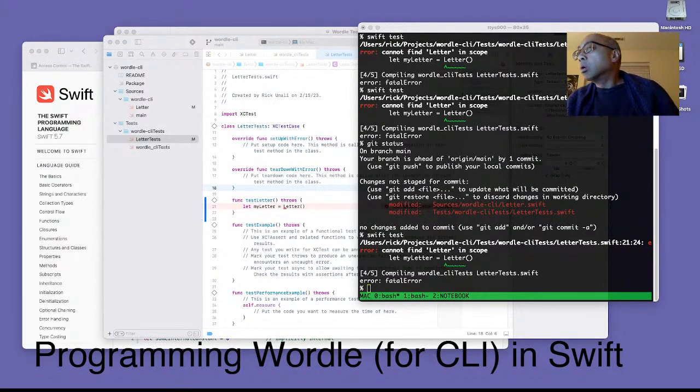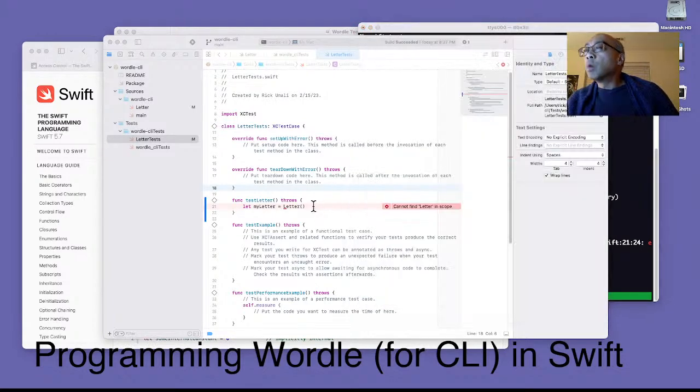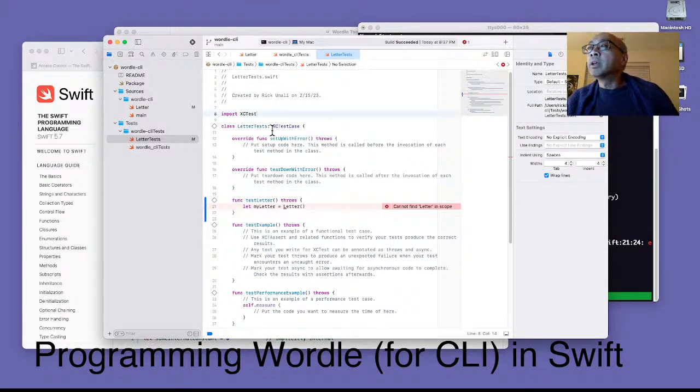So what I'm going to do is... can't find letter in scope. So there's still one more thing to make this visible, and to do that we have to import this project in. Now it took me a while to